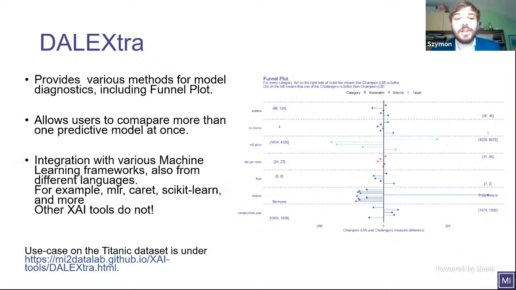But what makes DALEX extra really hot is its integration with various machine learning frameworks, including mlr, mlr3, caret, tidymodels, parsnip, and H2O, which, by the way, got removed from CRAN today due to policy violation. DALEX extra also allows us to integrate with Python by giving a way to smoothly customize Python-R connections via reticulate, and thanks to that, assess scikit-learn and Keras models. No other XAI package in R can do it.